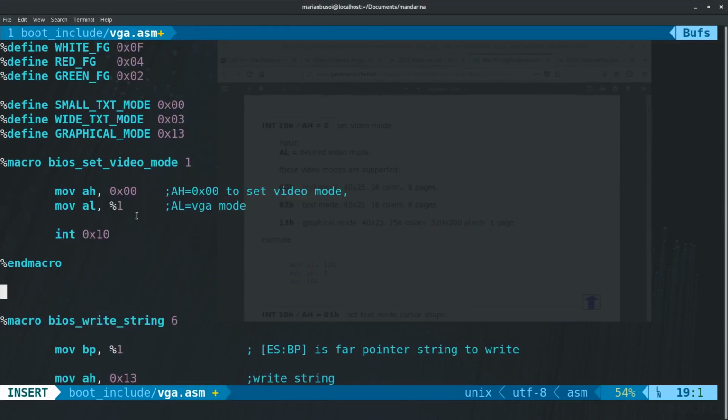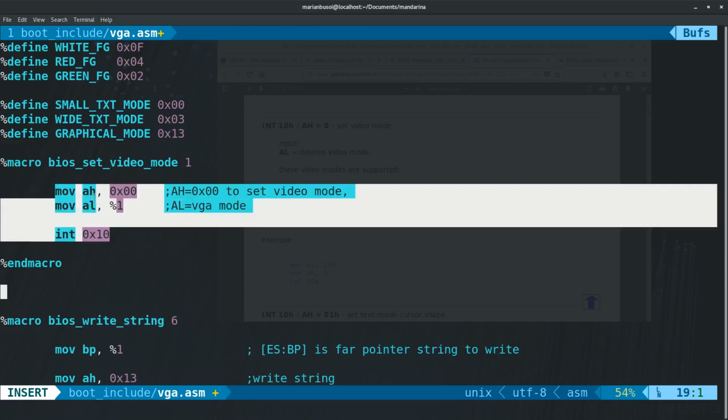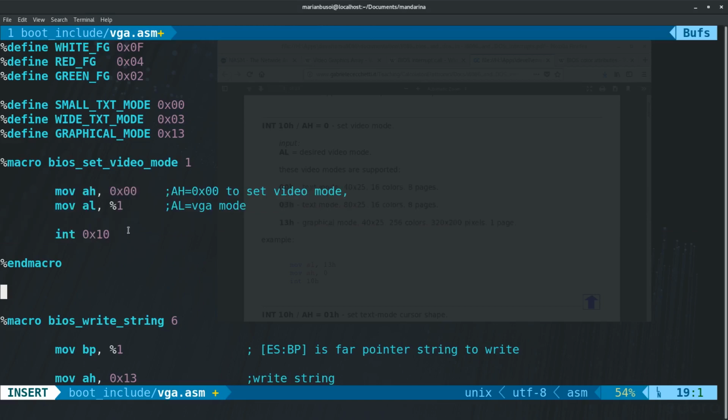Okay? Which means if you make multiple macro calls, then this code gets copied multiple times. So it has the disadvantage of occupying too much space in some instances if you do multiple calls of the same macro, but it also has the advantage of speed, because a function call is much slower to execute than the equivalent macro. That's because